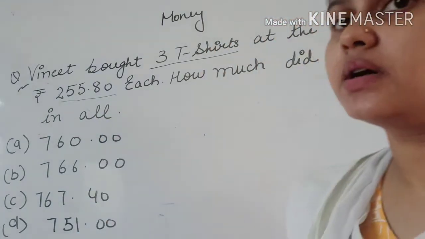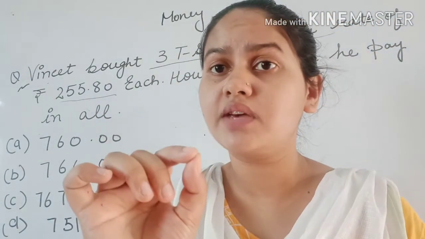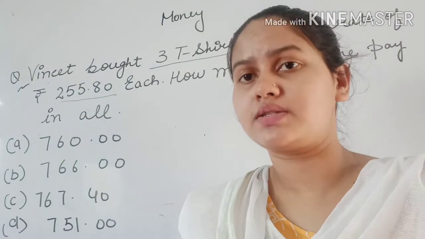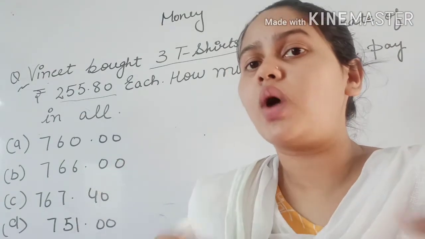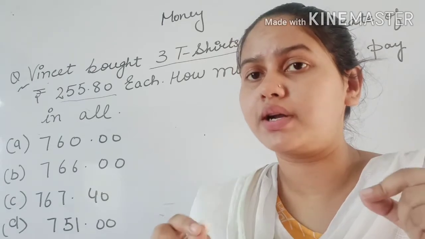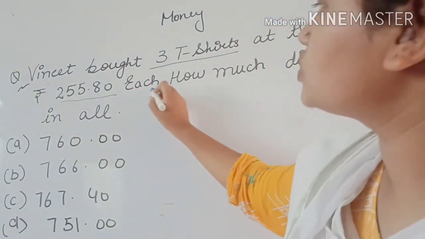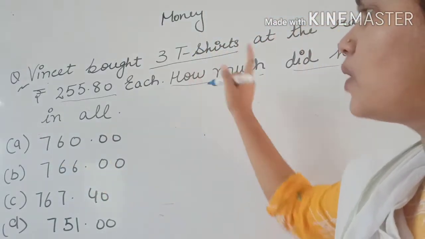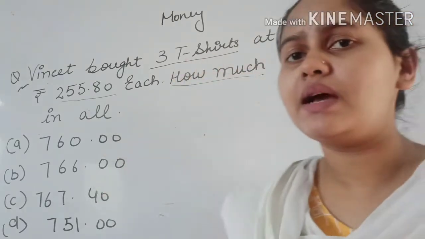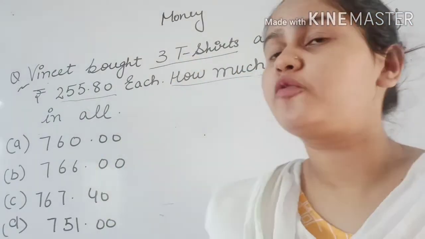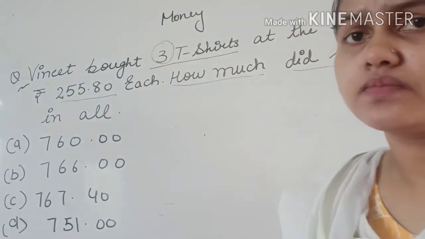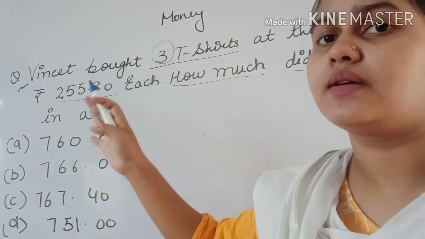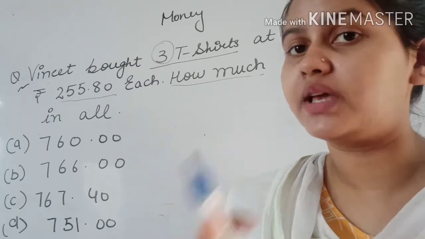Dear students, remember he bought 3 t-shirts, but the amount given to us is the cost of one t-shirt, right? Now what is the question for us? What is the statement for us? And what does he want to ask from us? This is a much more important question for us. What he wants to ask is how much did he pay in all? Which means if he bought 3, 4, 5, 6, any amount, here it is 3. Now we have to find the cost of all 3 t-shirts. So when we have one thing and we have to find the quantity of 4, 5, 6, 7, 8, then we have to do multiplication.